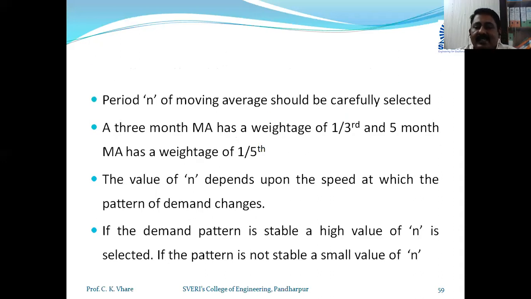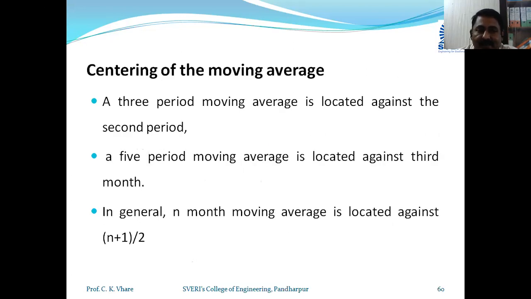So this we have discussed, and in detail I have given you the example by taking the names of different months like September, October, November, December, or 6 months, July, August, September, October, November, December, and how we can proceed by considering these months. What is 3 months? What is 5 months? That we have already discussed. And here, that n is the period that should be carefully selected. In a numerical, you will observe that it is given, maybe 3 months, maybe 5 months.